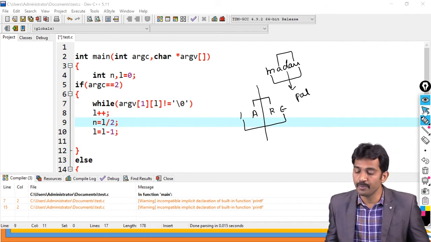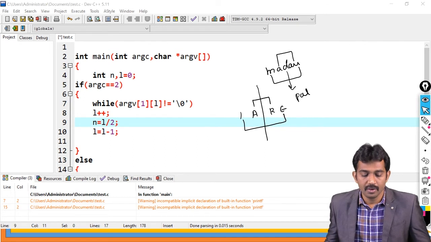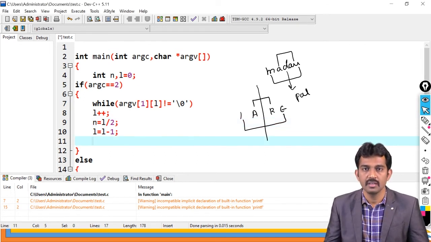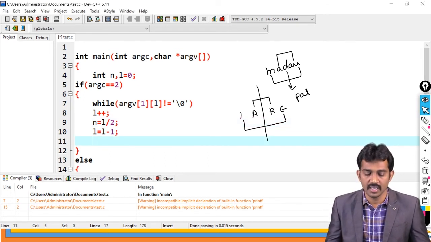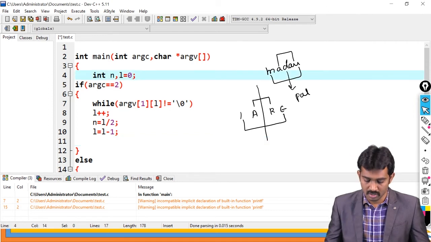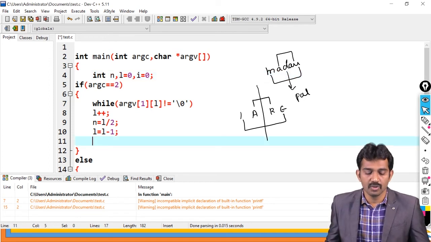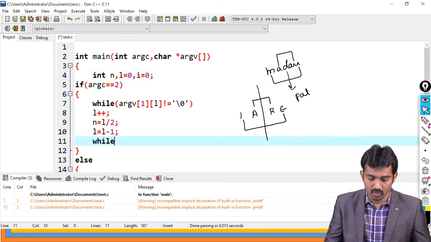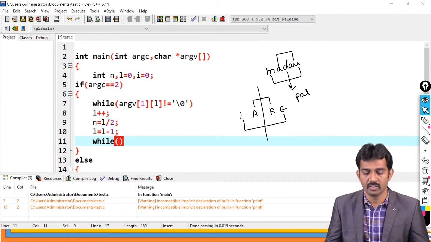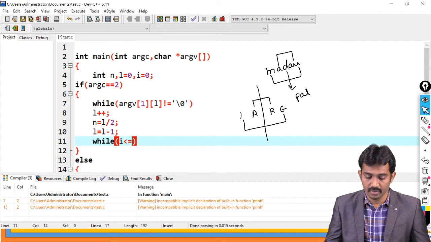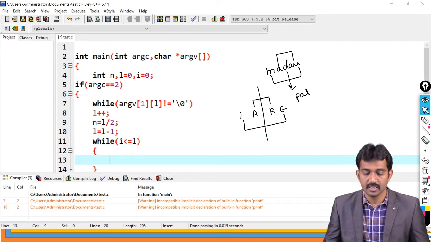See, if you do the same thing, see, L value is there and also I value is there, right? L value is there, I value is there. Please note this. While, even that one also not required. See, I is less than or equal to L. Right?